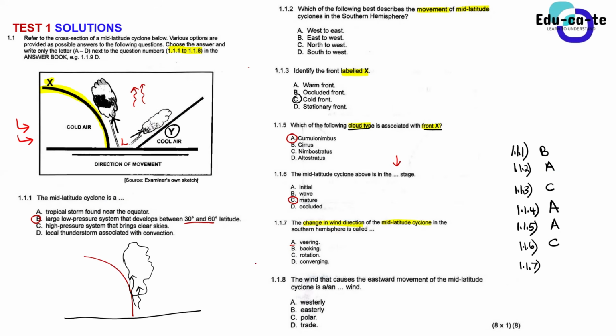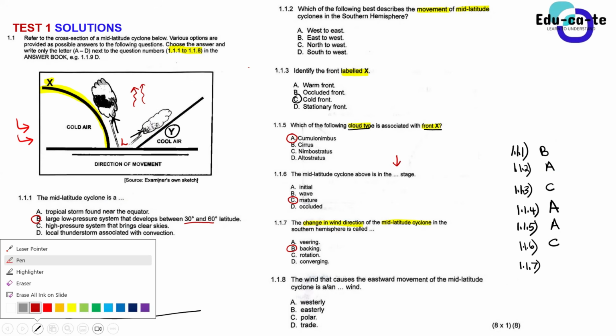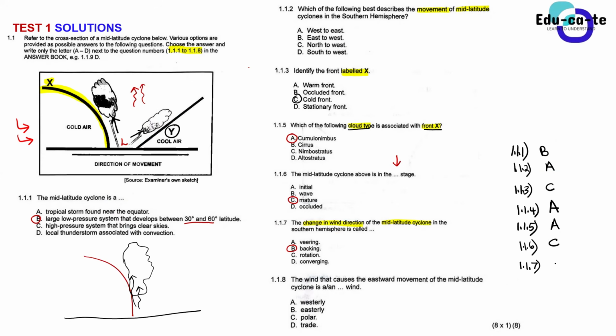So basically, in the southern hemisphere, the wind direction changes. Okay, so it is called backing. So how does it change? Yes, Sam, you have a question? Yes, so what do they mean by saying varying there in point A? Okay, so basically, the wind actually changes its direction, because remember that since this low pressure system is circulating, the air circulates, or it rotates, in a clockwise manner in the southern hemisphere.